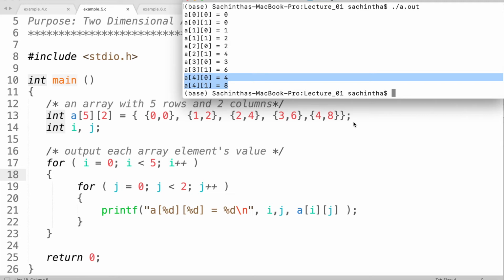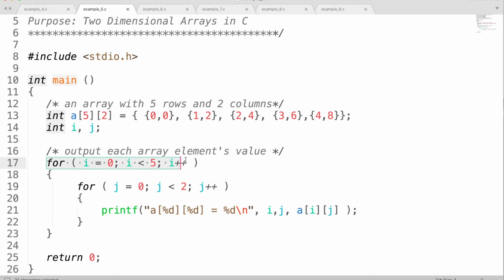The next important thing that you need to keep in mind is that in order to traverse through or access the elements of a 2D array, you have to use nested loops. The first loop will access the row number. So which row you want to access, right? So that is why the row will go from 0 all the way up to, i less than 5, so that will go to 4.